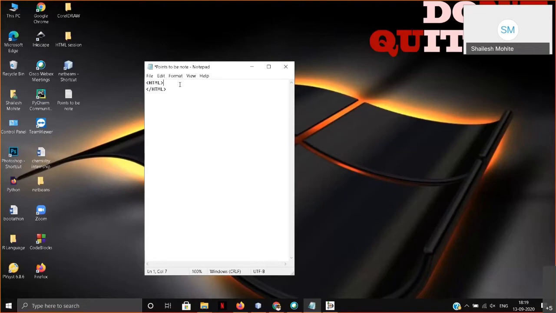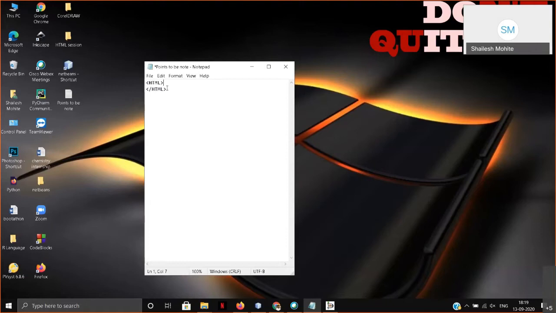For example, HTML, you can see here HTML has a closing and opening tag, and the body tag is also closing and opening, and the head tag is also closing and opening. There are many types of tags which are opening and closing. The next type is the non-paired tag, which is only a single tag. For example, BR tag, HR tag, IMG tag. These tags are single tags, or you can say non-paired tags.